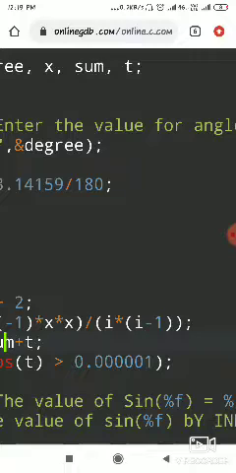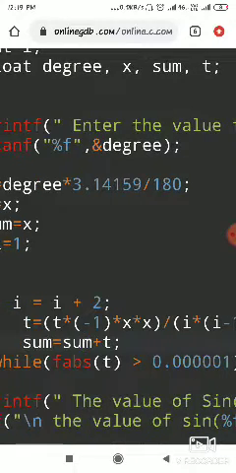Can I say it as 5 factorial? You just think about it. 5 into 4 into 3 factorial is 5 factorial itself. So I got the third term in the series as x raised to power 5 divided by 5 factorial. That's what I want. The previous sum was x minus x to the power 3 divided by 3 factorial plus, now the next term is x to the power 5 divided by 5 factorial.